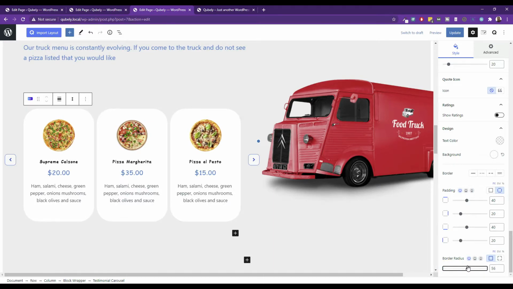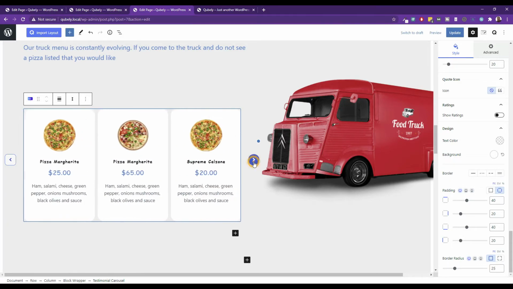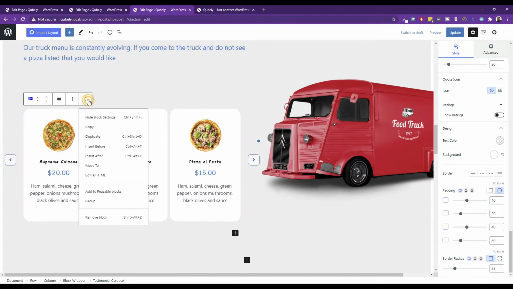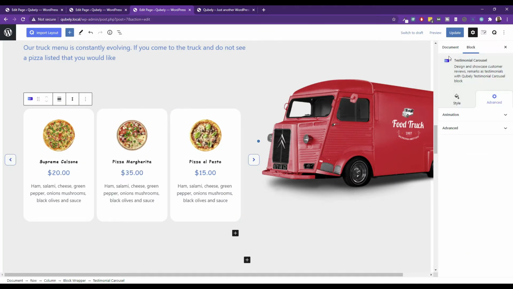Actually, don't hate the border radius. I think maybe let's go over to 25. It's not bad. Yeah, that's not bad. How do you change? Here's where I'm getting confused though. How do you change